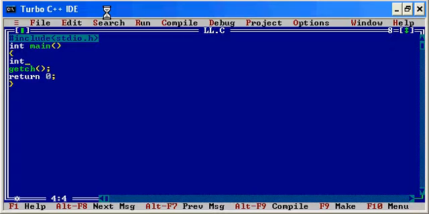I'll show you an example. We'll initialize three values over here: i, j and c. And once we initialize, the clear screen statement, clrscr, now once we write